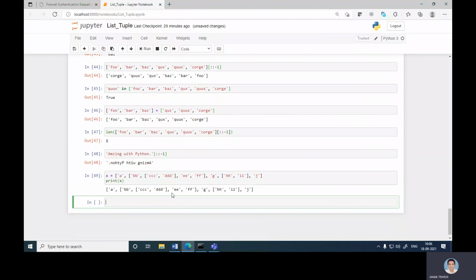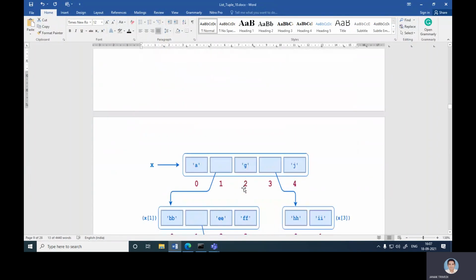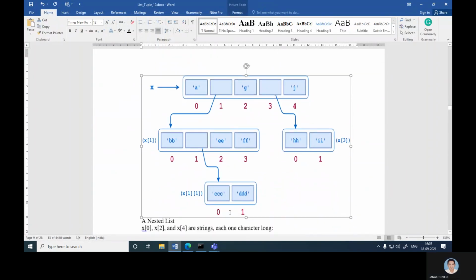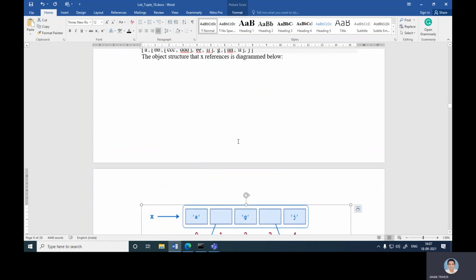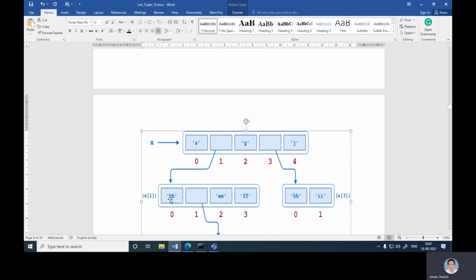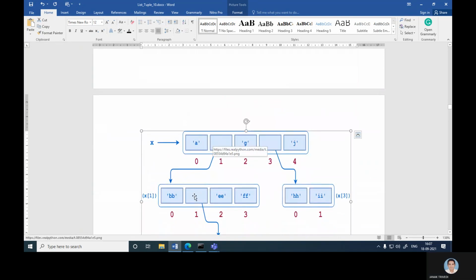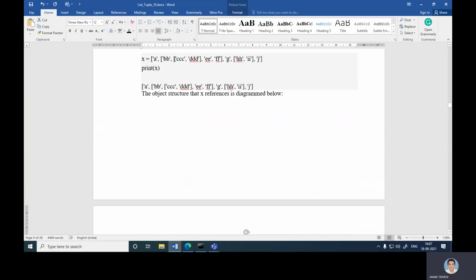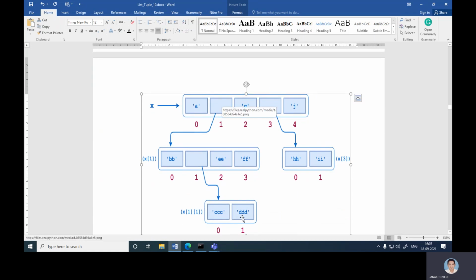So first just put in this example. Okay, so this is printed. The object structure that x references is in the diagram below: A first. Okay, then now see, BB. Then once again one space because now it is a sublist. So CCC, DDD.